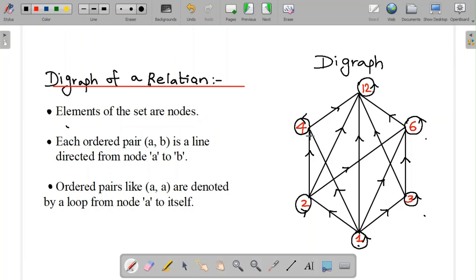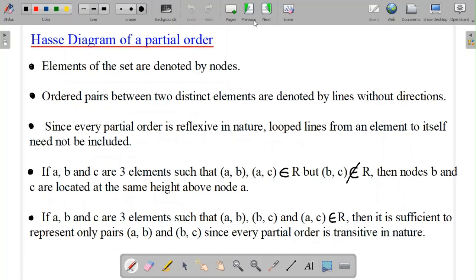So this is how we express a relation as a digraph. All elements are nodes or points. Each ordered pair is a line which has a direction, and if an element is paired with itself, we express it using a loop. The next representation is exclusively for partial orders, where elements once again are denoted by nodes